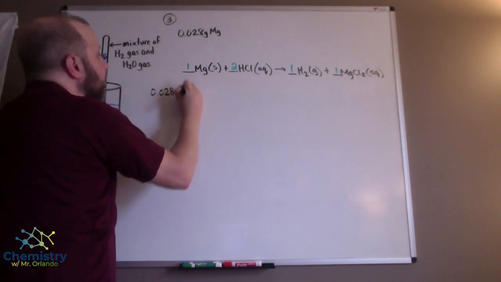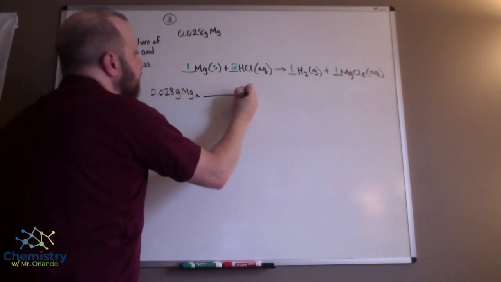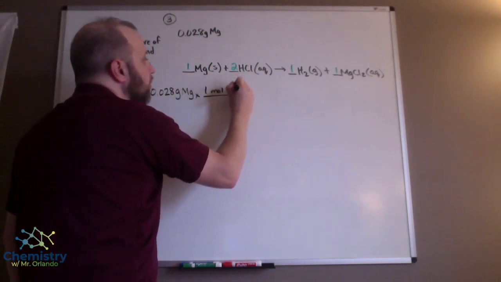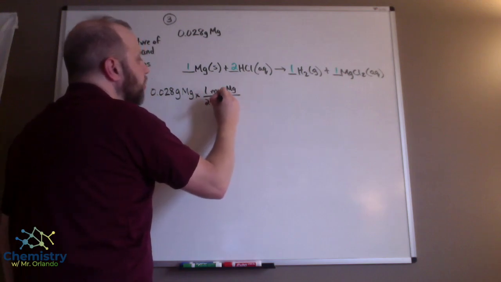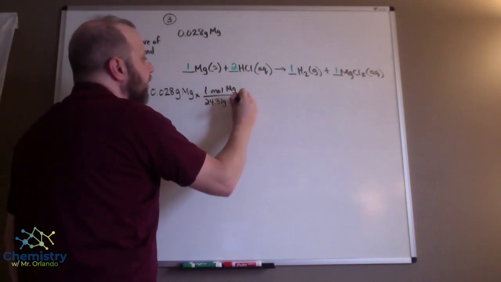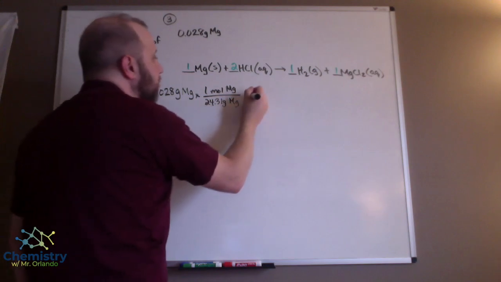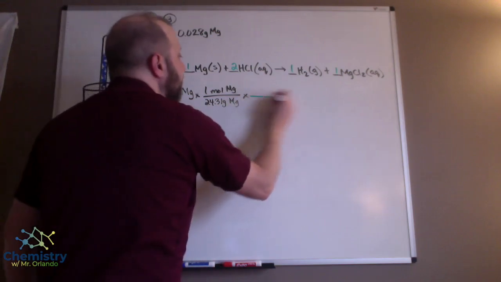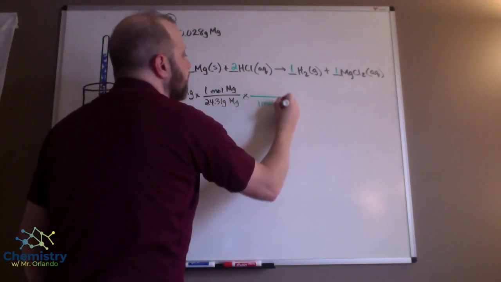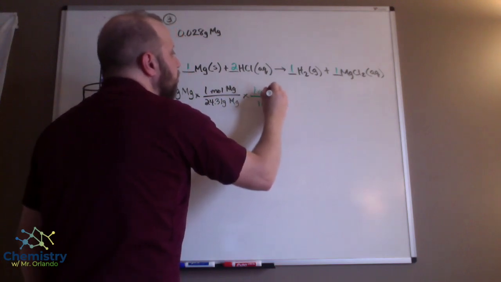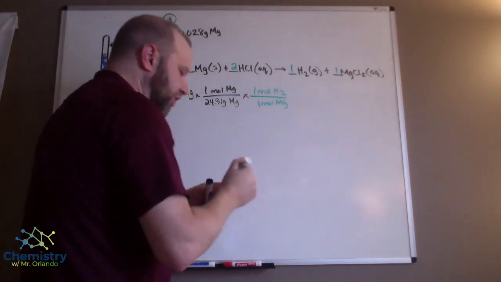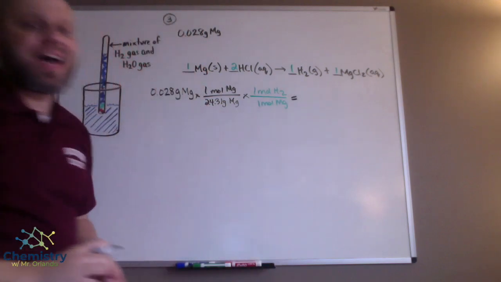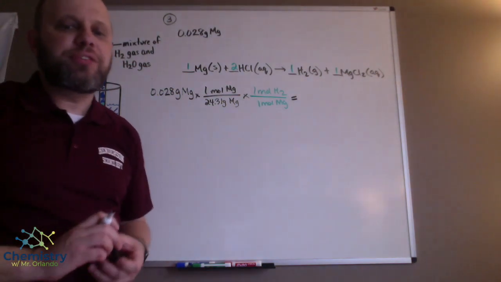0.028 grams of magnesium. Of course, the only place you can go from grams is moles. So we're going to have 1 mole of magnesium, and that is equal to 24.31 grams of magnesium, the mass off the periodic table. And then our mole ratio, so in this case, we have 1 mole of magnesium for every 1 mole of hydrogen. So it's not going to change our answer numerically, but it will change it unit-wise. So when you multiply all of this out, it turns out to be